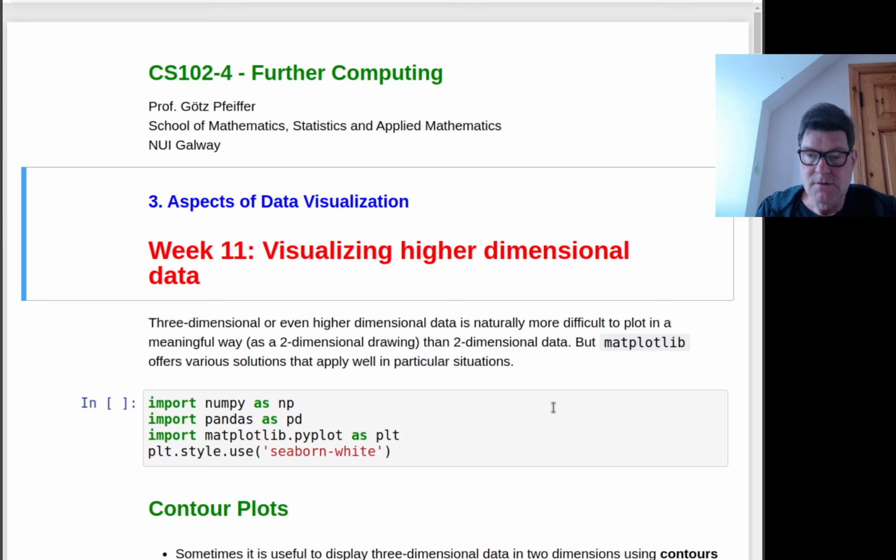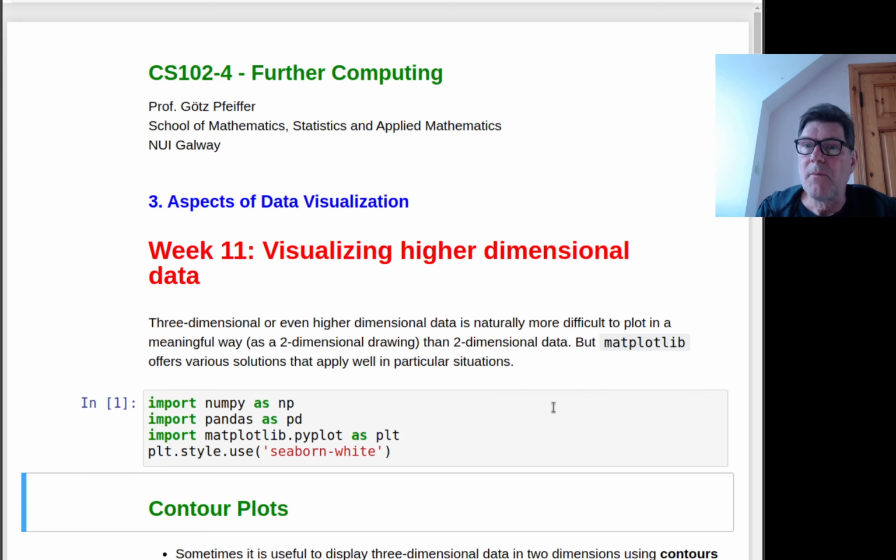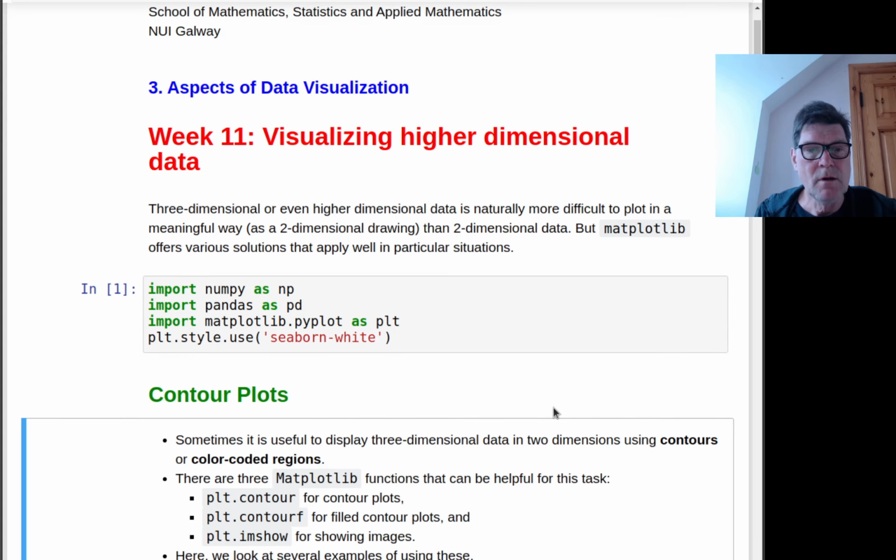So as usual, we start by importing the packages we're going to use, and then look at a couple of different ways to add a dimension to plotting a set of data. We start by looking at contour plots. That's something you might know from maps,